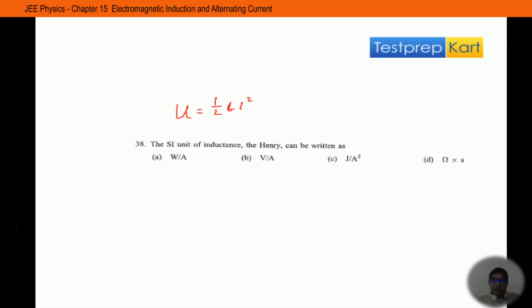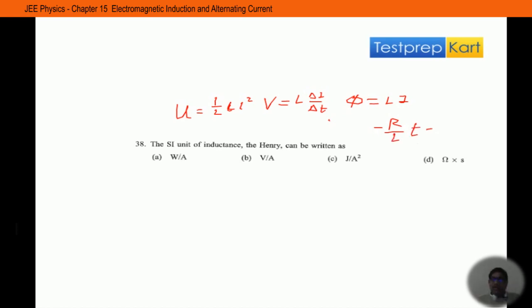Second is V equals L delta I over delta T. Third is phi equals L into I. And fourth, here we already calculated in the previous question, that R over L into t